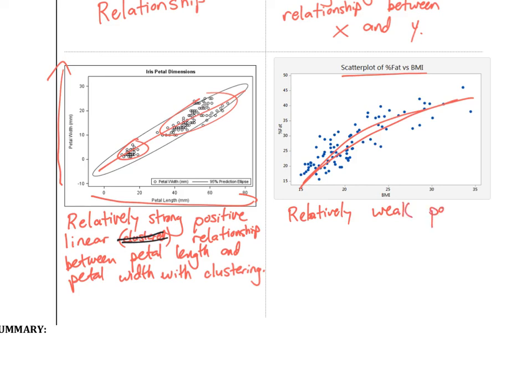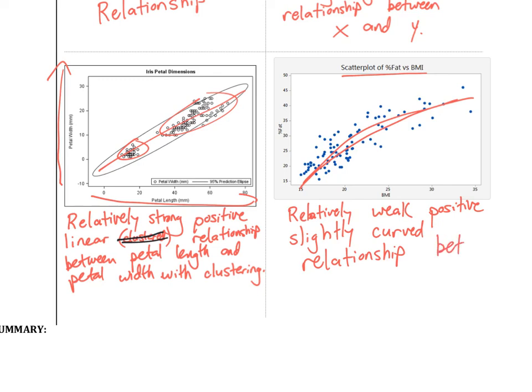And it's positive, positive because it goes up from left to right. So it's relatively weak, positive, slightly curved. It's not quite linear. It's not a huge curve, but it's a slightly curved relationship